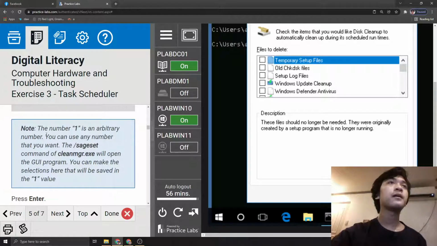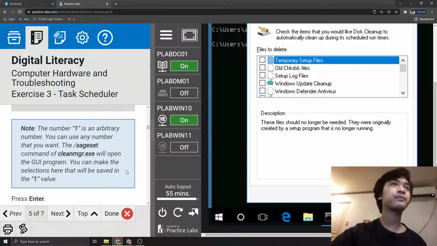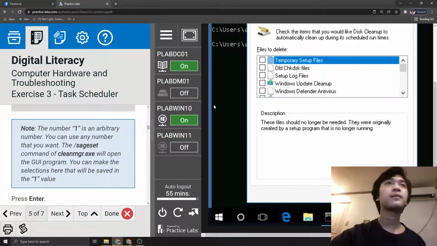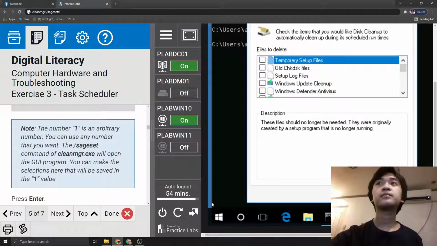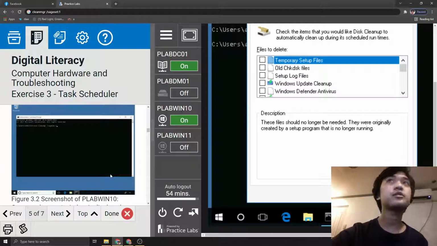Note: the number 1 is an arbitrary number. You can use any number that you want. The cleanmgr.exe command will open the GUI program, where you can make the selections that will be saved in the number 1 value. Okay, so next, as you can see in this window,